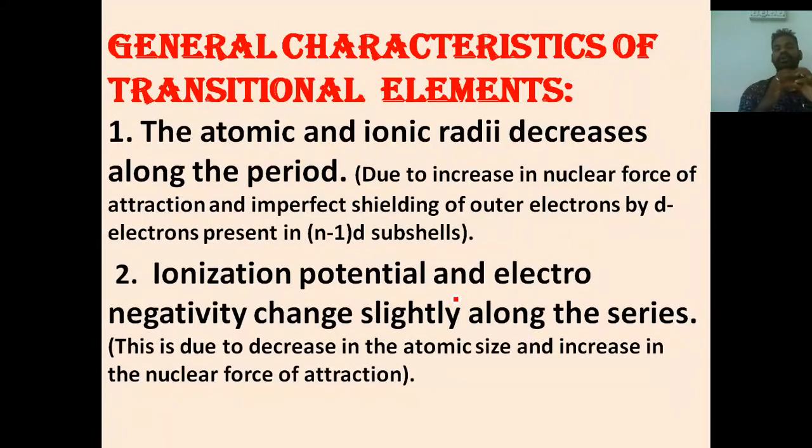And then general characteristics. So here for the general characteristics, the atomic and ionic radii decrease along the period. So it is very important. The atomic and ionic property, as I said in the last year, hope you remember the last year classes, okay? And in the last year I said atomic and ionic radii is very important. Most of the character of an atom depends on their atomic and ionic size.